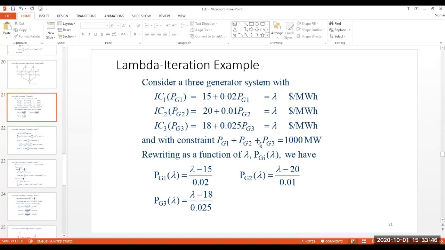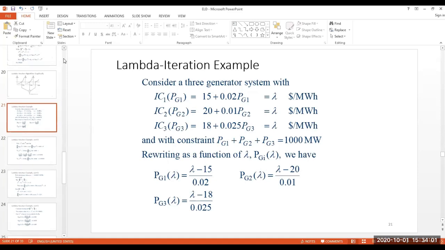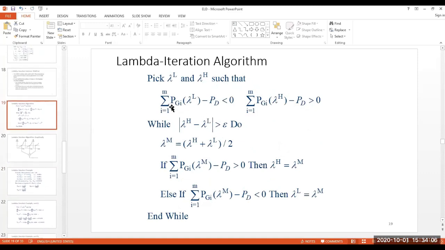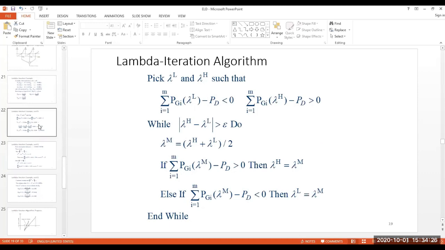And the constraint is given in terms of P demand. So your 3 generating units should sum up and give you exactly the 1000 megawatt required. While we were talking about this algorithm, we expressed the PG in terms of lambda. So to be able to use this algorithm, we have to somehow relate PGs and lambdas, because PGs are a function of lambda. Keeping this in mind,